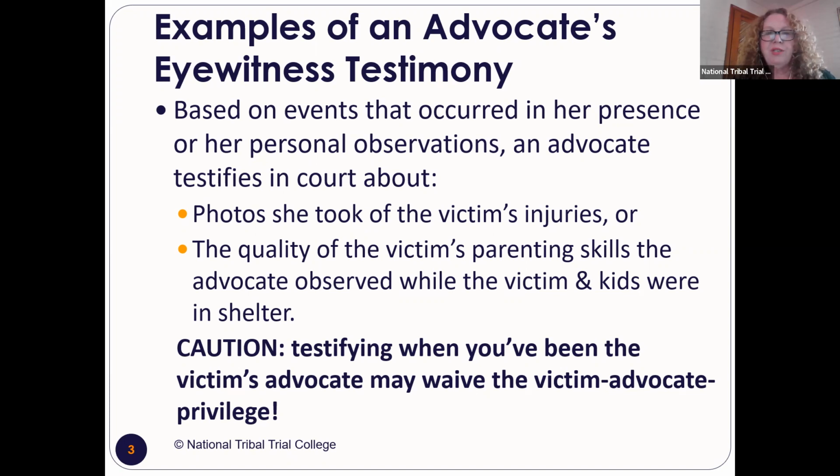You open the door to the stall and the horse leaves, you can't get him back in, okay? So if you are going to be testifying in court and you have been the actual advocate for the victim, be careful. In Spanish, they say, no vale la pena. Is it worth the amount of pain that could happen, right? Is it worth it for you to testify, or is there some other way you could get that information into court?